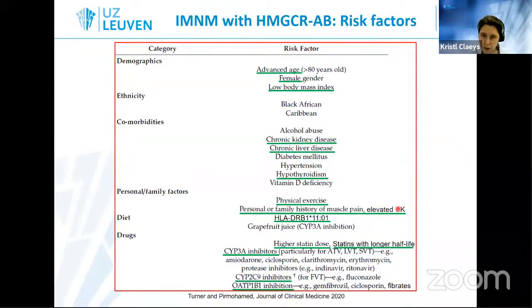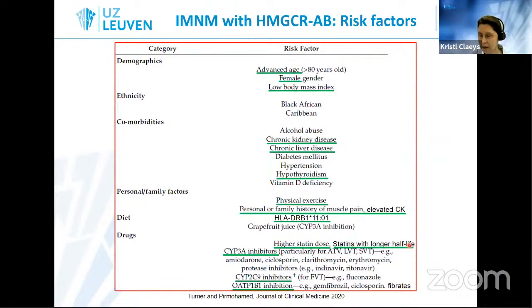So if the patient has this before you start the statins, you should be aware that perhaps there is another muscle disease going on in this patient. This allele we already talked about, so that is also a risk factor for this disease. And the statin dose, so the higher the dose, the higher the risk to develop the disease, and also